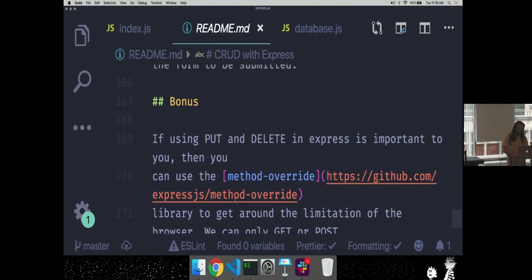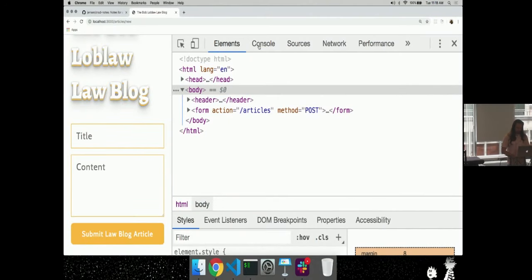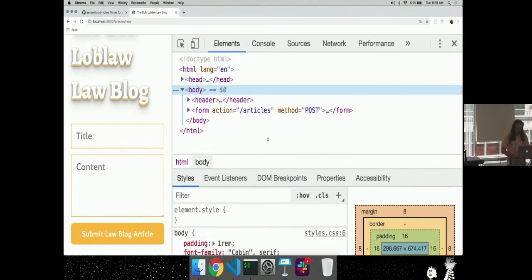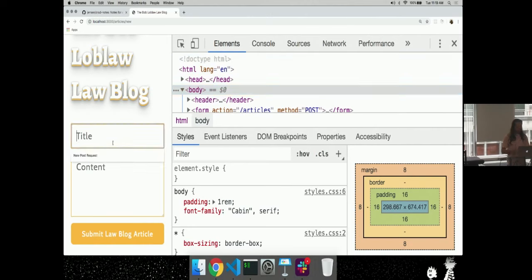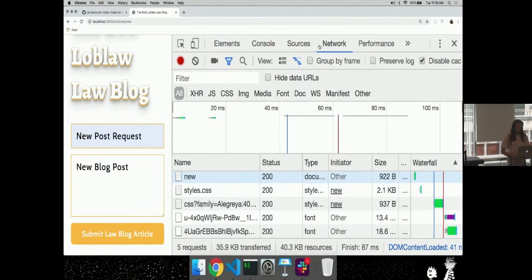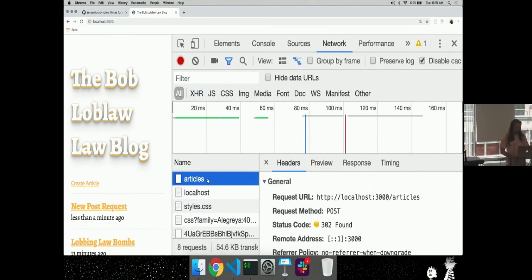And then that's it. So the part that I forgot just before we left here is when I make this request, I'm going to finish this off, new post request, new blog post. I go to my network tab. I hit submit here. I made the post on /articles, I'm adding a new article resource.